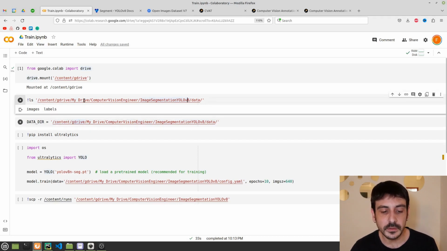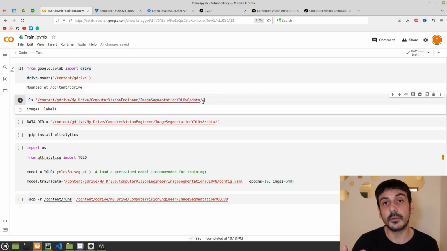Now please mind this path, this location, because please mind the way this is structured. Please mind the first word is content, then G drive, then my drive, and then is my relative path to my data. So if you want to know exactly where you have uploaded your data,